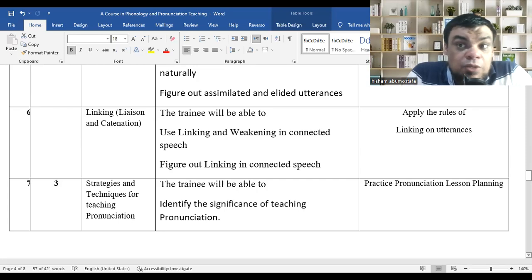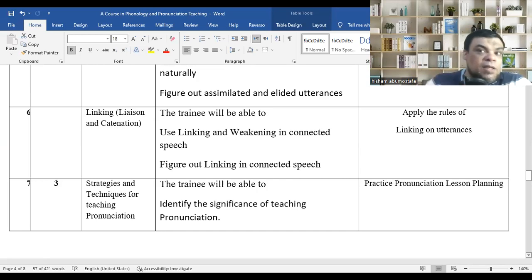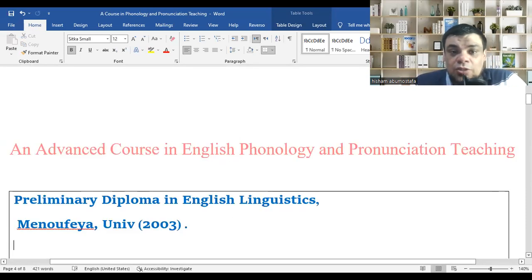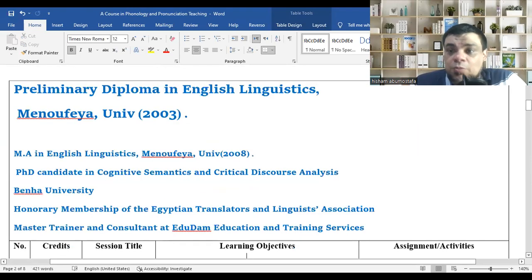This would also be very useful in listening, not only in speaking. You would manage to understand how fluent speakers and native speakers use the language fluently using these features. And you can detect or figure out there is elision here, there is linking here, there is catenation, and so on. After that, we're going to the strategies for teaching pronunciation,